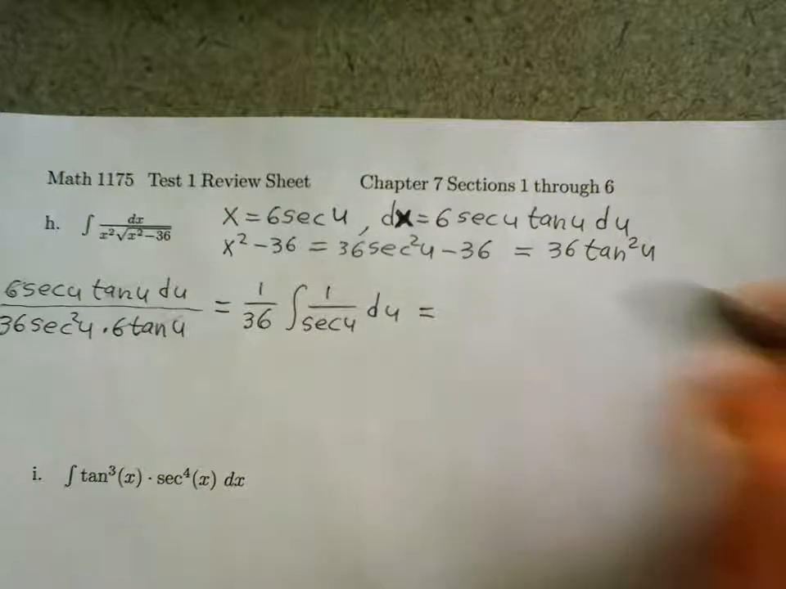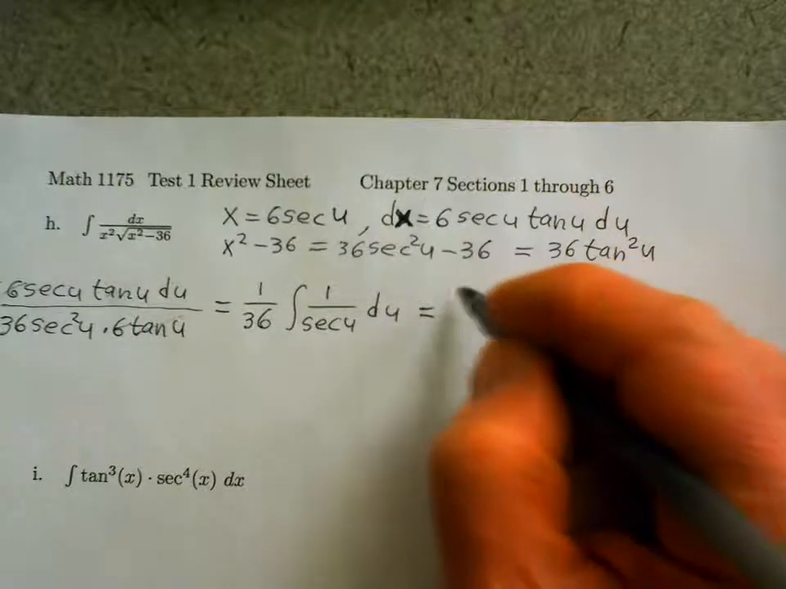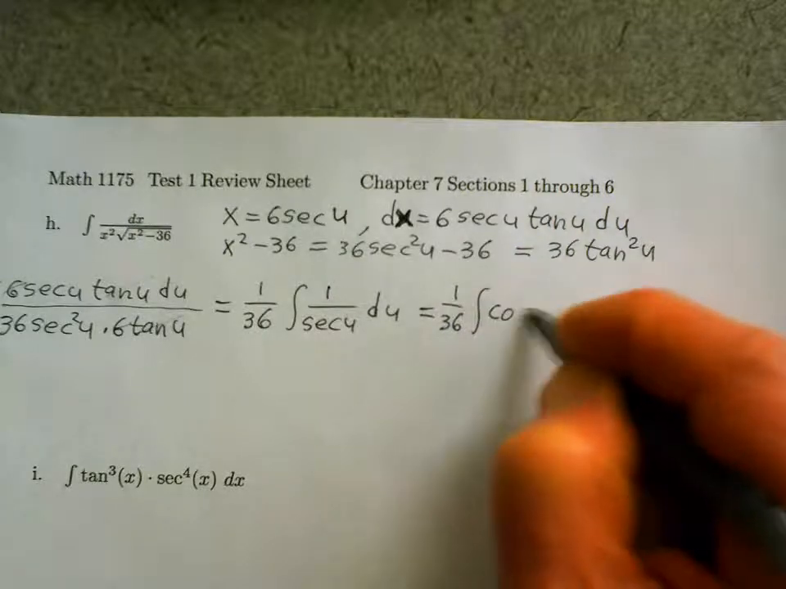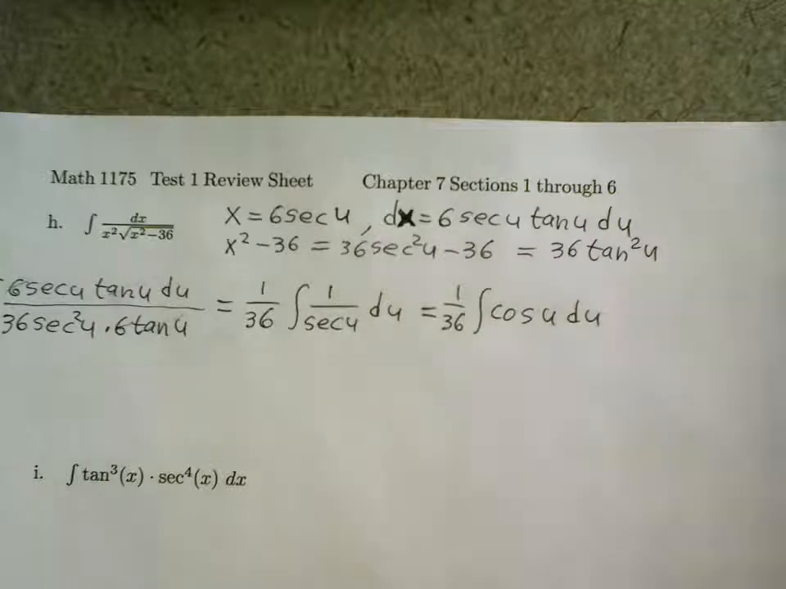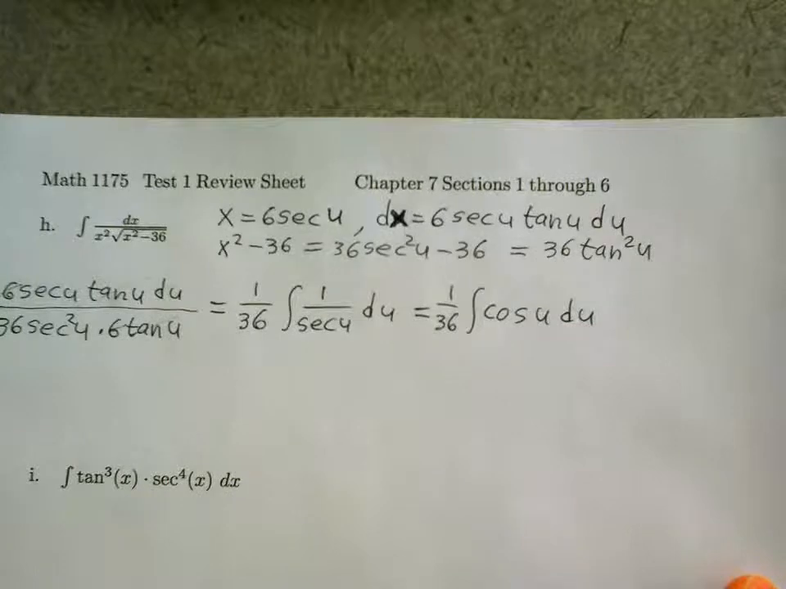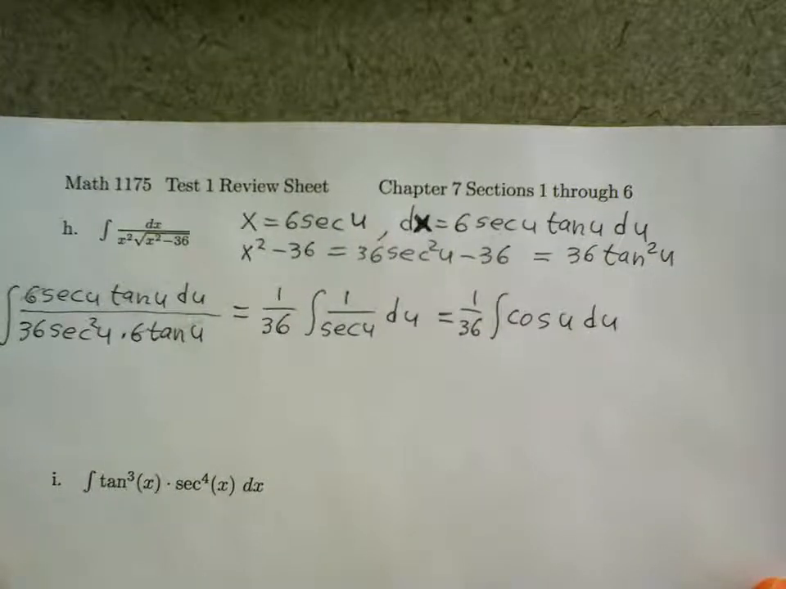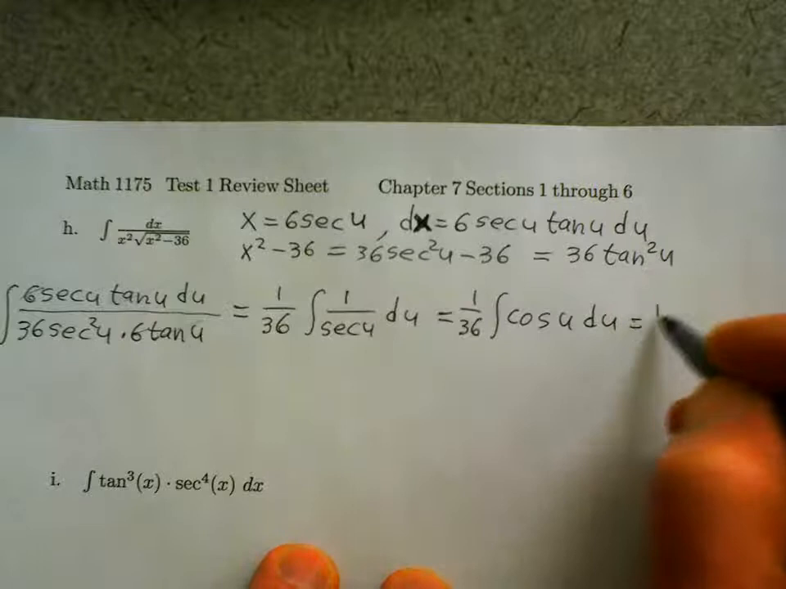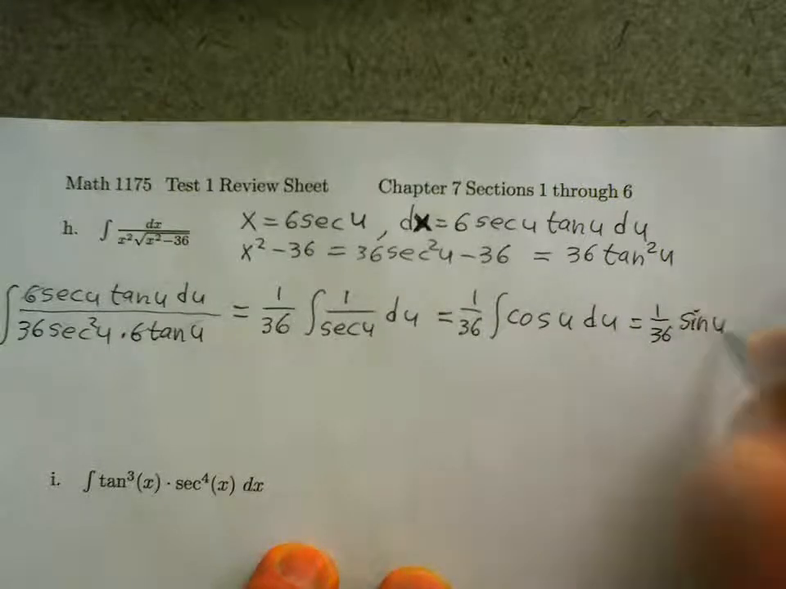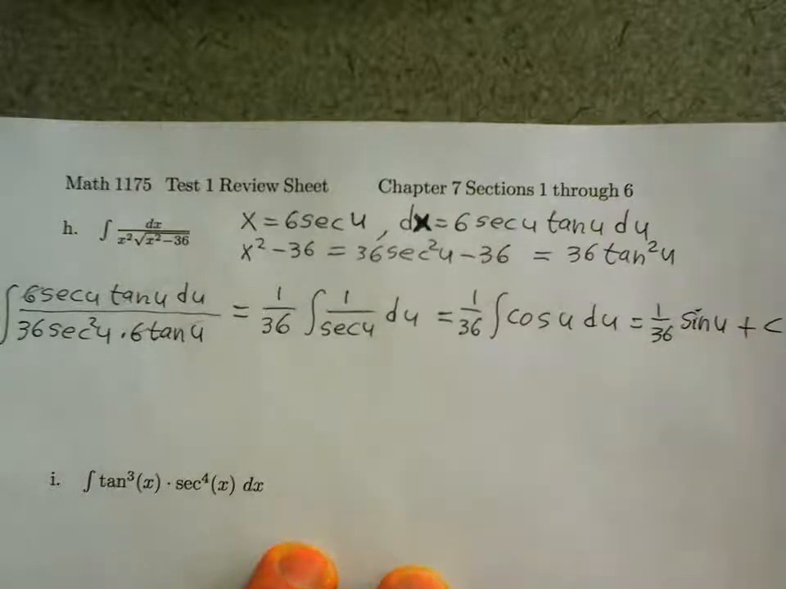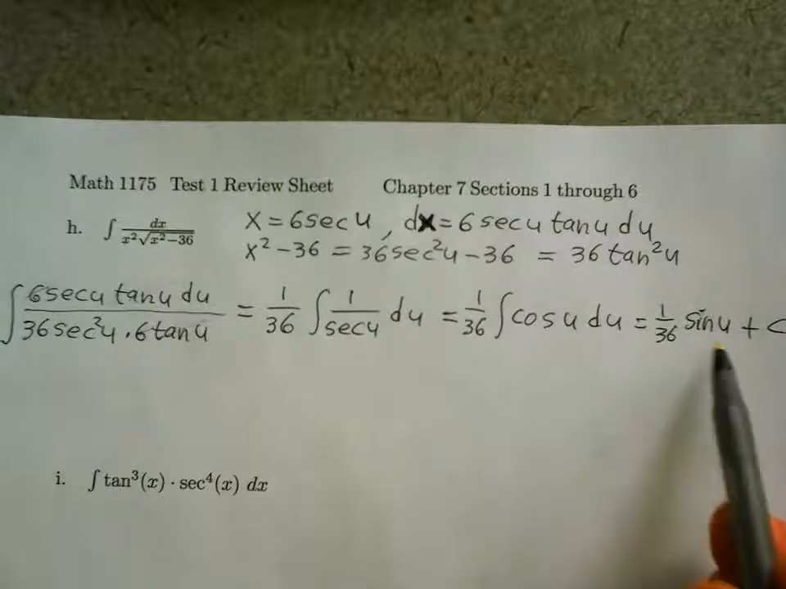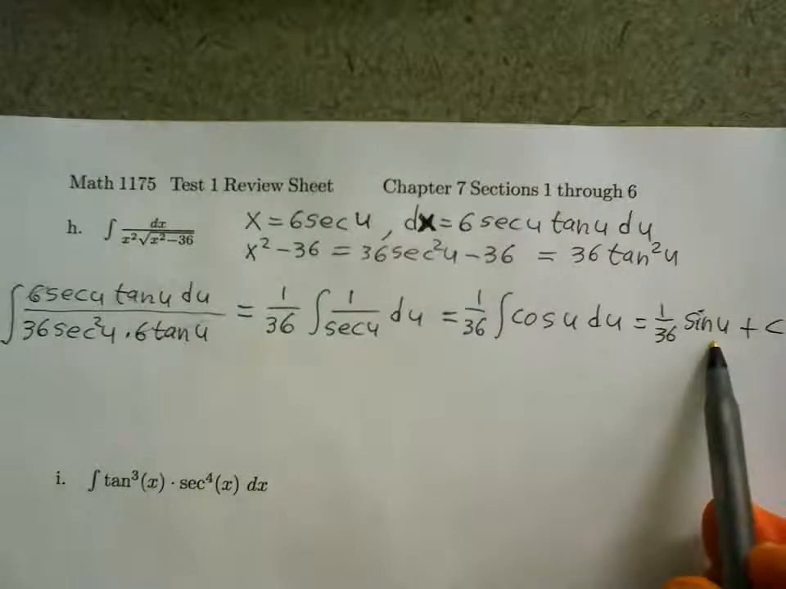1 over secant of u is cosine of u, so we get 1/36 times the integral of cosine of u du. And an integral of cosine of u is sine of u, and then plus a constant. Okay, we replace sine of u based upon our